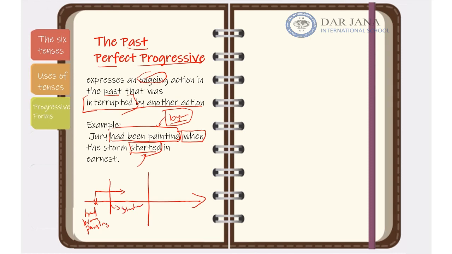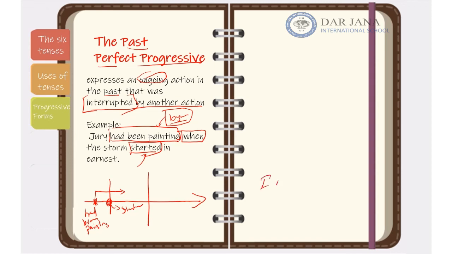Okay, and notice the starting of the poem is a shorter action than this one, and in this one, the starting of the storm has happened after the first action. All right. So another example, we might say, for example,